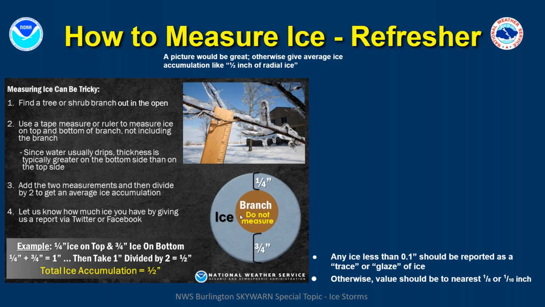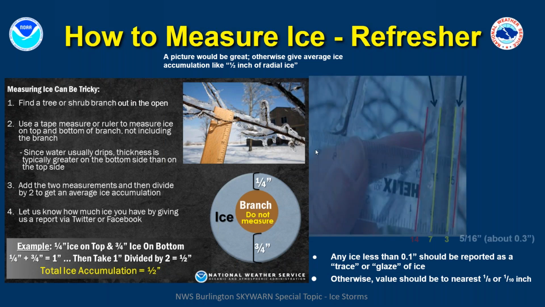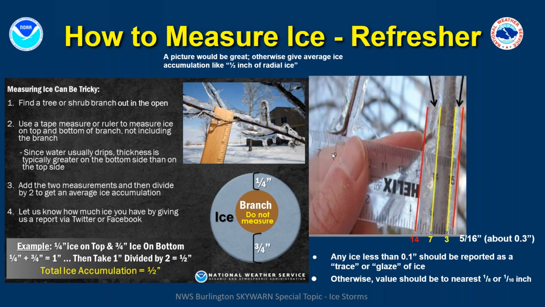ice on a branch where you see 1/4 inch on one end and 3/4 on the other, if you were not to take an average, it would be quite misleading. And if you don't show us a picture, it also can be very misleading. So the fact of the matter is we do rely on accurate ice measurements, and this is our preferred way of doing it. And this is an example looking in detail here of